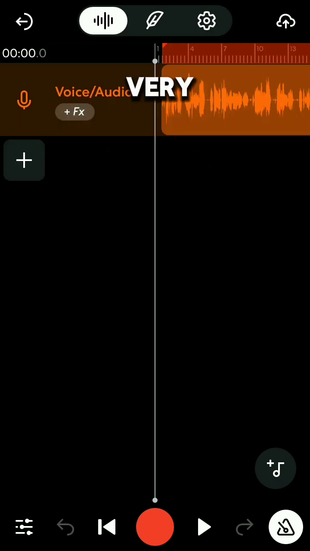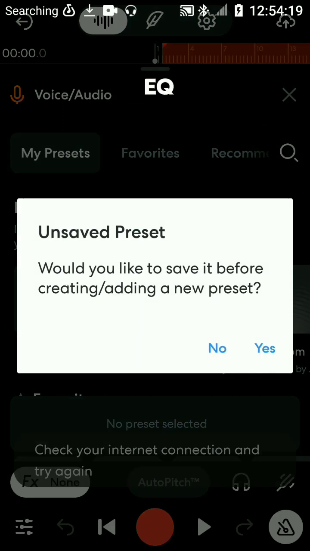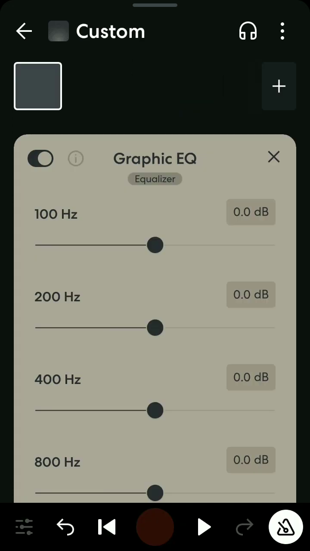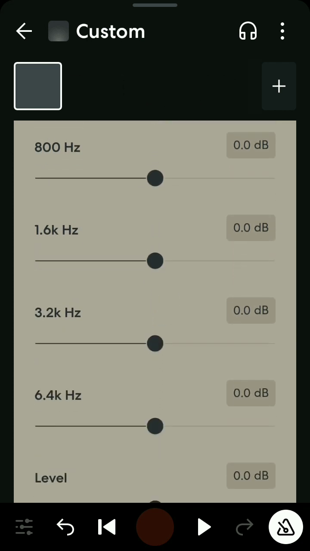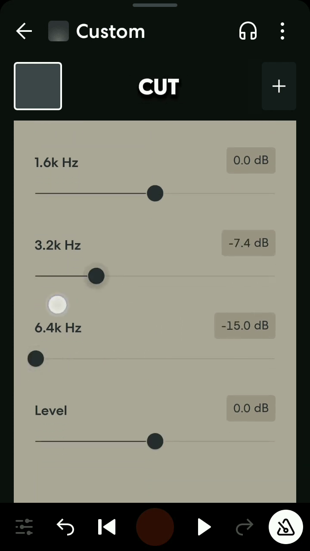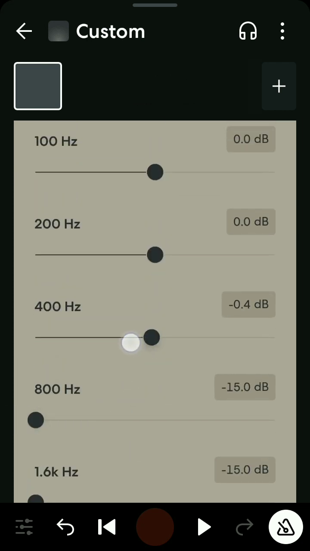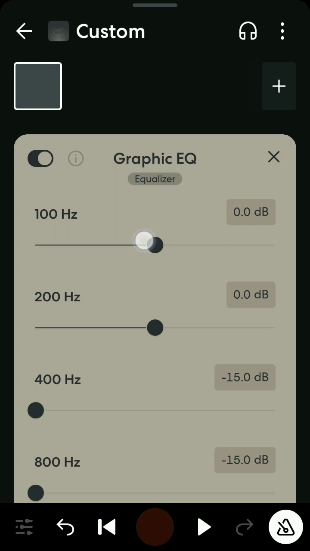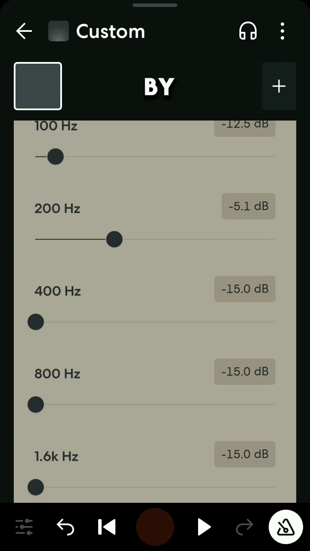Okay. The very first effect I add is a graphic EQ. You see, graphic EQ. When I add this effect, I cut all the high frequencies down. Start by this one, I cut them down. Also, I cut the mids. The hundreds one, I put it down by 12 dB. Okay, the 200, I put it down by 5,